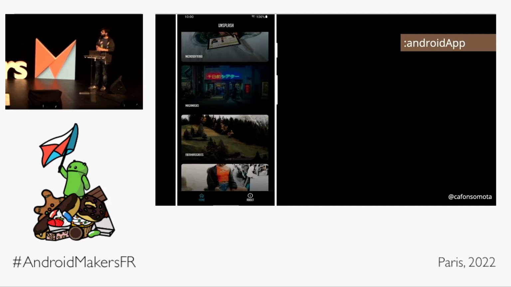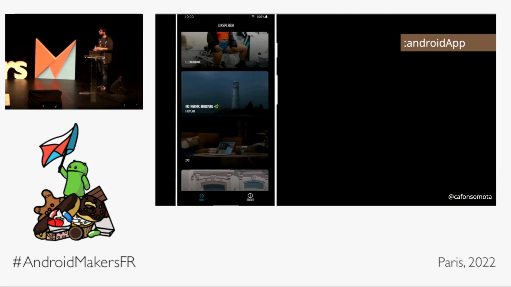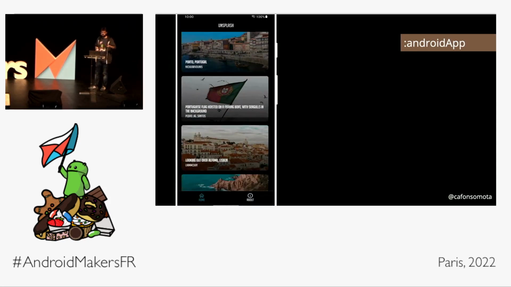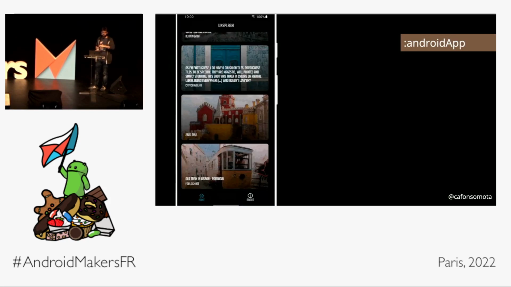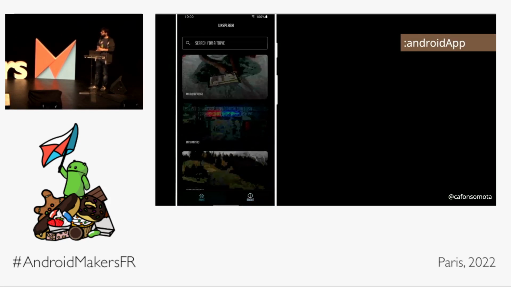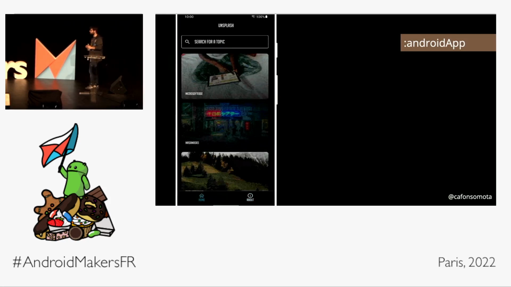This is the Android version of the app. All of this is done with Compose, with Kotlin multi-platform, with Compose multi-platform. And you can see that it's way simpler. Basically, this is a network request, a bit of database, and that's it. And you can navigate between screens. And then I've used this code, and I've ported it to desktop.